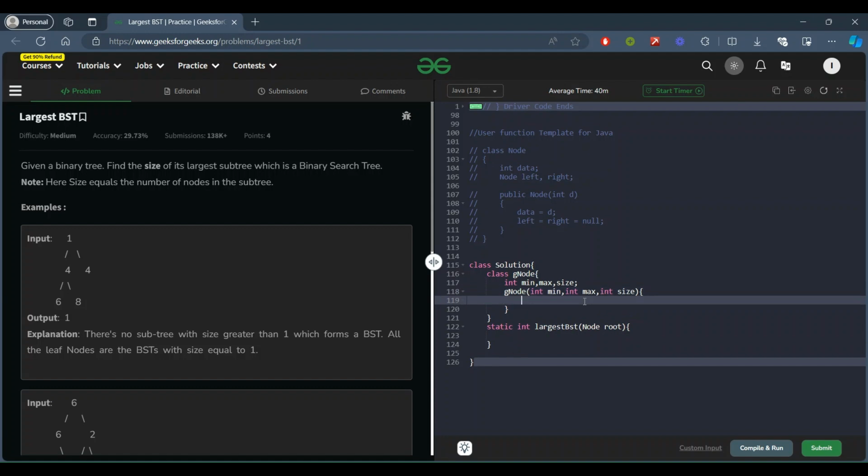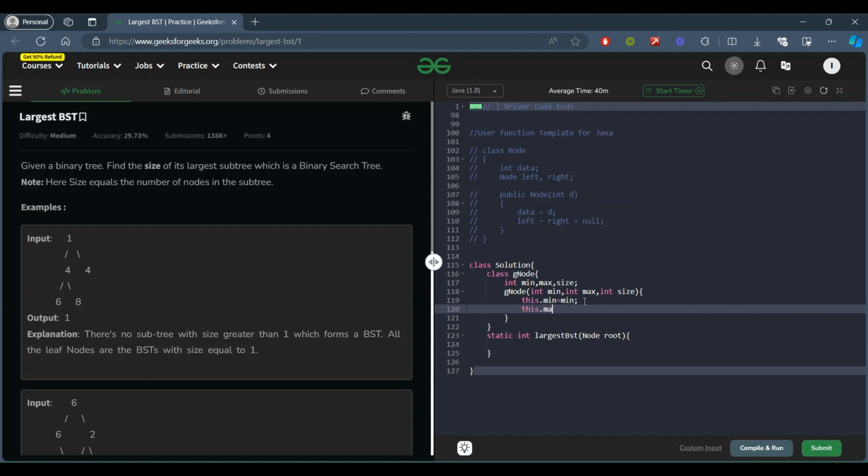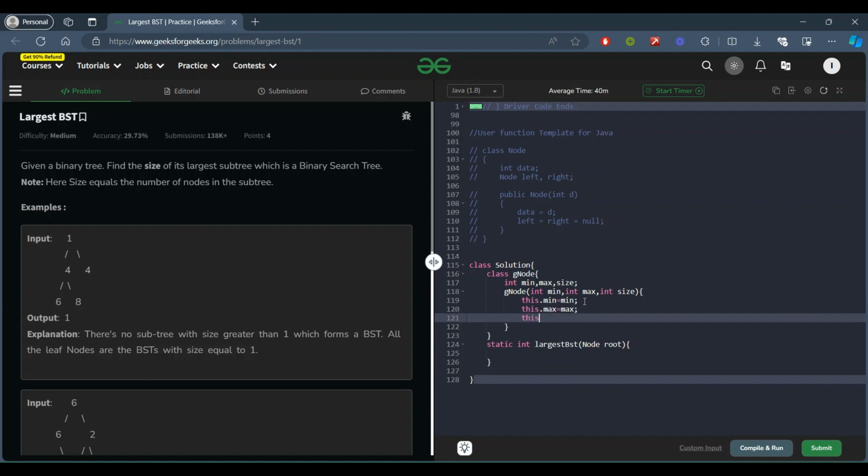Now just assign this. So we are going to use this GNode to keep track of the minimum and maximum in its subtrees, and also the size we are getting from the subtree, right? Here it should be static because we are going to use this class inside our static method, and here we will apply it.